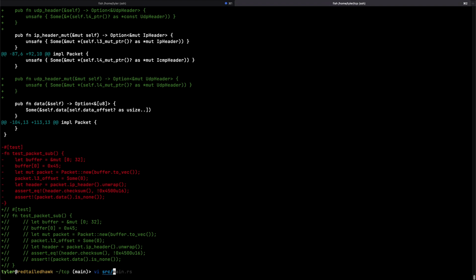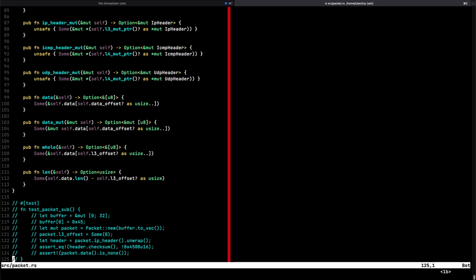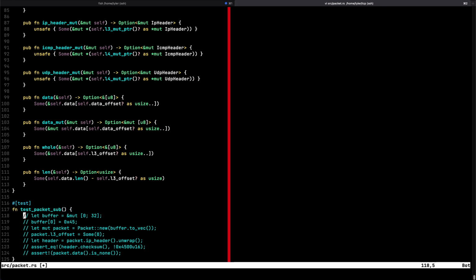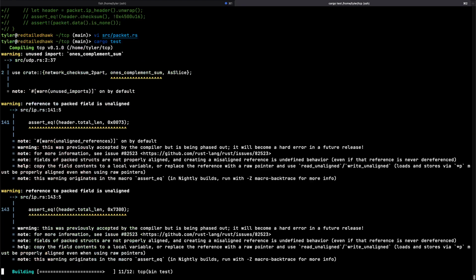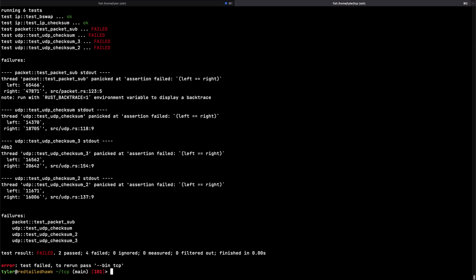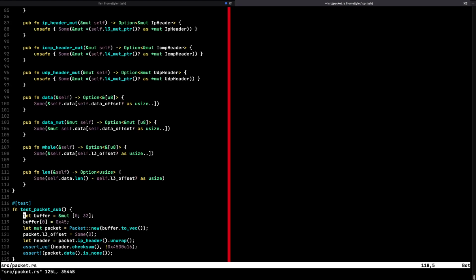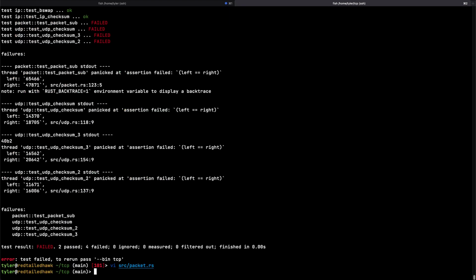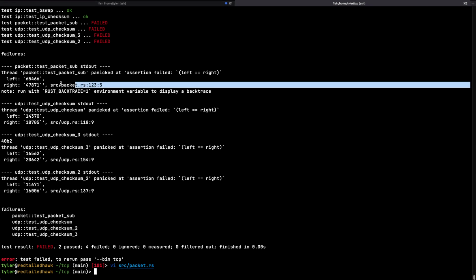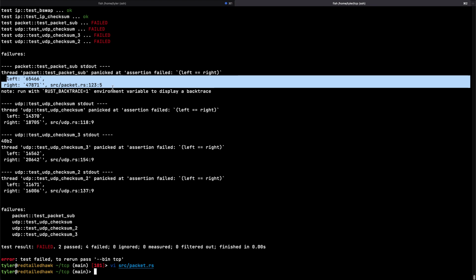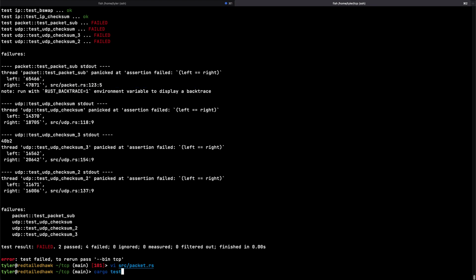It would be nice if we didn't comment out that test in this commit. This is why you check, even if you're sure. Oh yeah, and all the tests are failing. That's not helping. Literally all of them, including the sub one. How is this failing? How is this failing? This is like such a